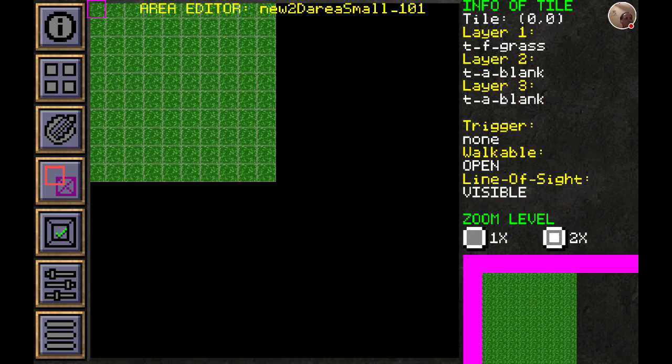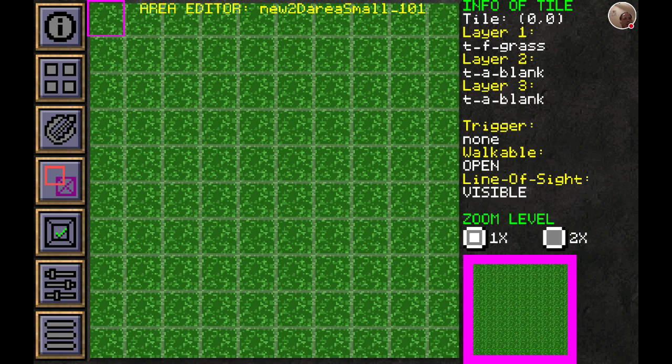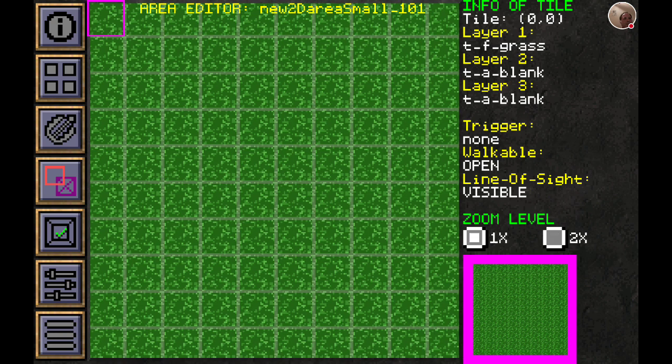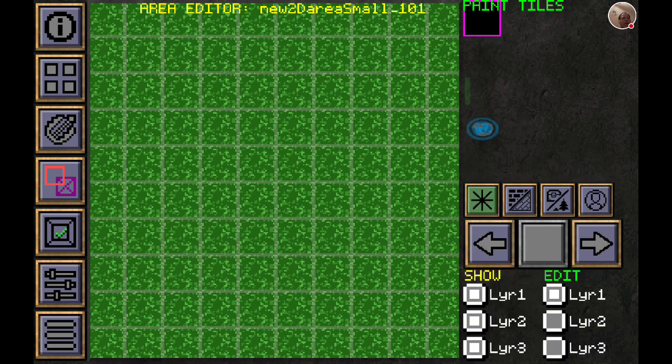And then the zoom level is also on the information tab, and that's if you have really large maps, you might have to zoom out a little bit. This one, we'll just stay at the normal zoom. The next tab is for painting tiles, and there's 4 different